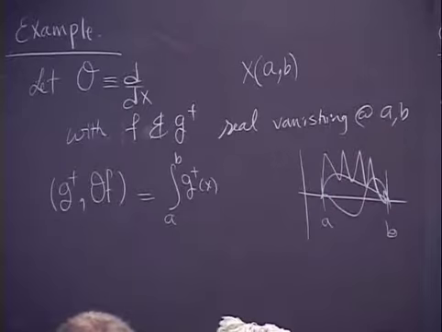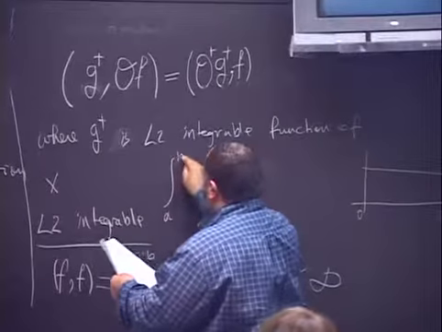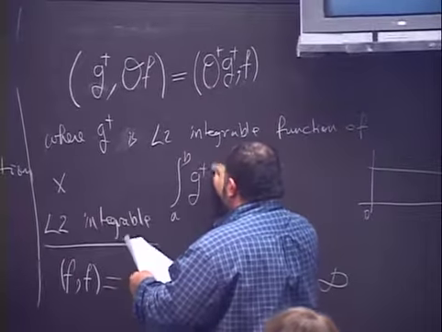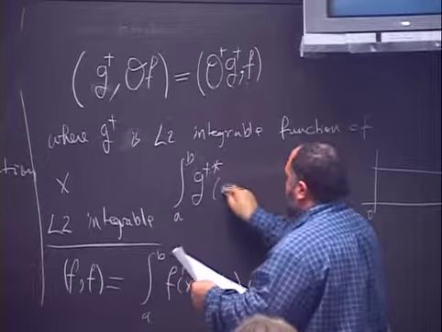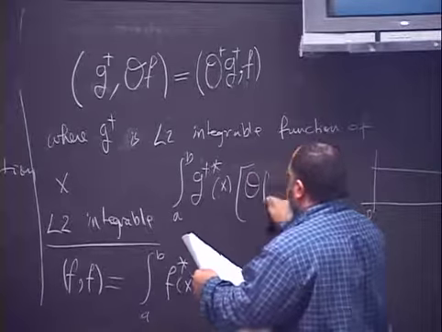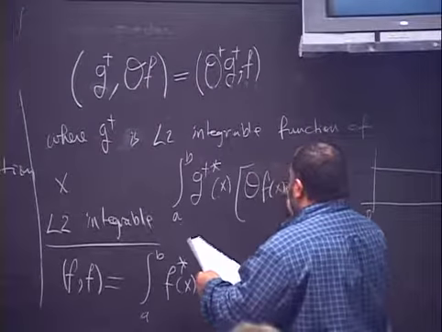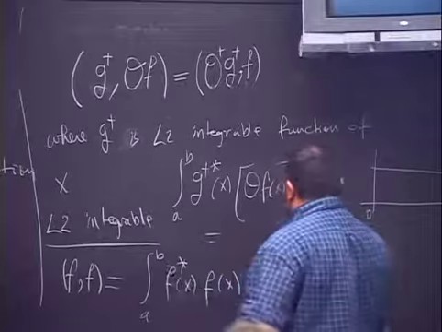Maybe we'll return and define it here. So this definition is just the integral from A to B of g dagger star multiplied by the operator operated over the function f of x dx, and this is equal to